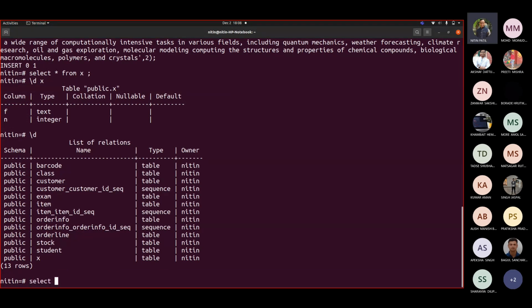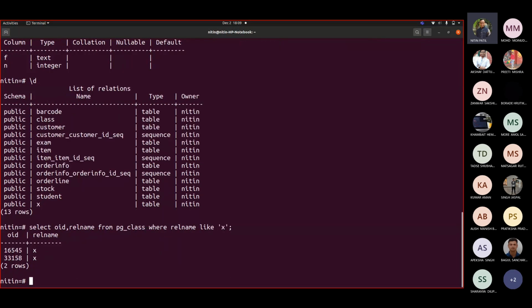Similarly, select oid, relname from pg_class where relname like X. We already saw this example where I have created one more X for one of the schemas.